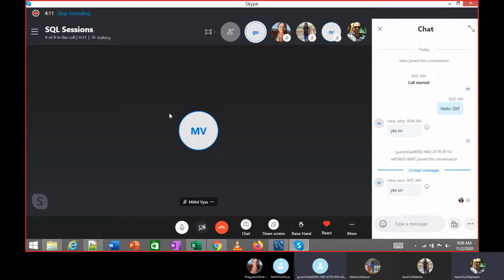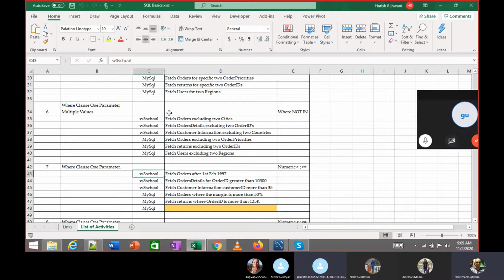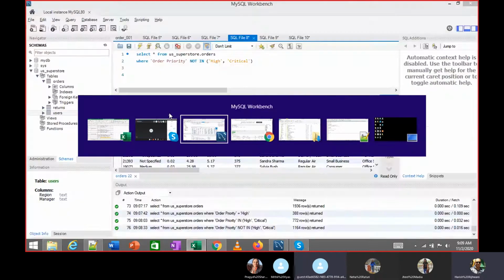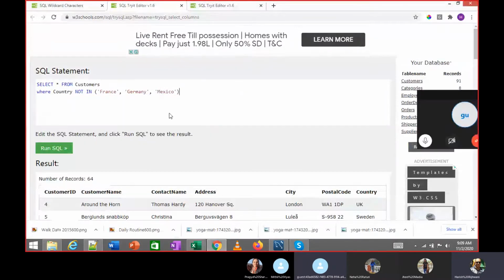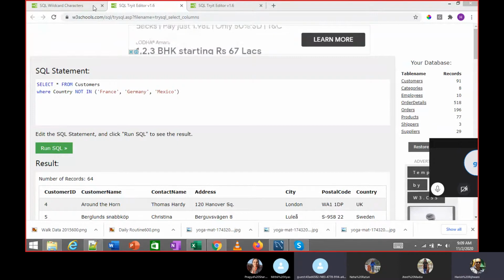Okay, let's move ahead. Now we have only tried equal to, right? We are going to try greater than, less than, all those elements.